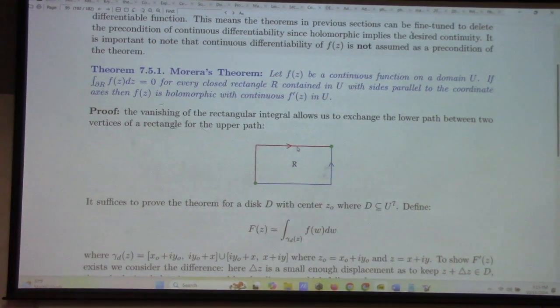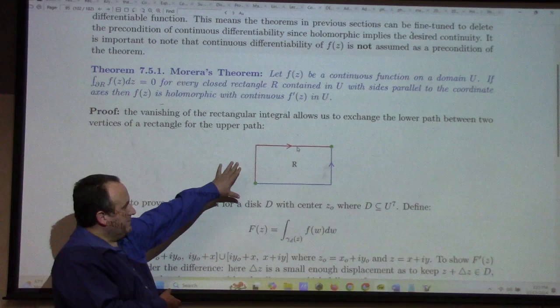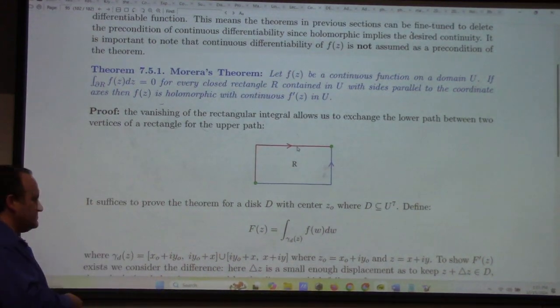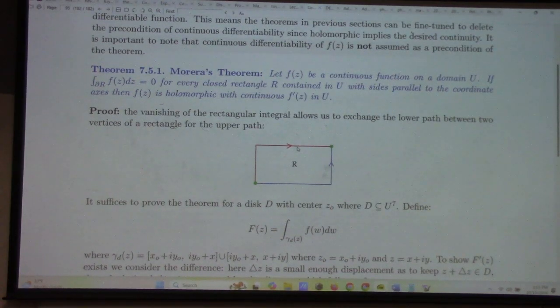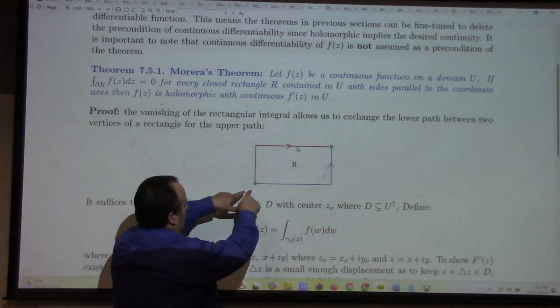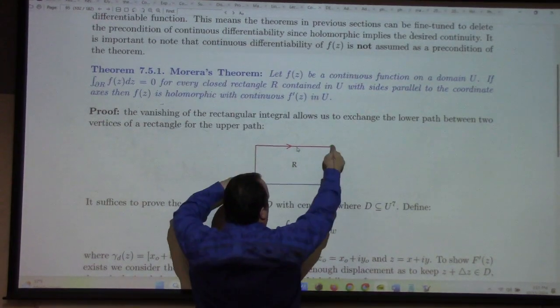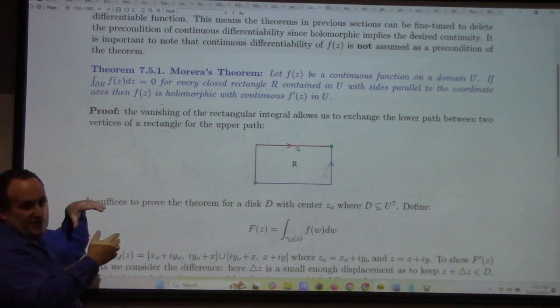So the proof goes like this. We take a little rectangle and you break it into two paths like this. And I may need to use a theorem I didn't prove for you guys. Uh-oh. Well, if that's the case, we'll go back to do that one. But anyway, the vanishing of the rectangular integral allows us to exchange the lower path for the upper path, right? So if the integral around the loop is 0, then the integral of the red piece and the integral of the blue piece have to be equal, because remember, we can take the loop and divide it into the upper and lower